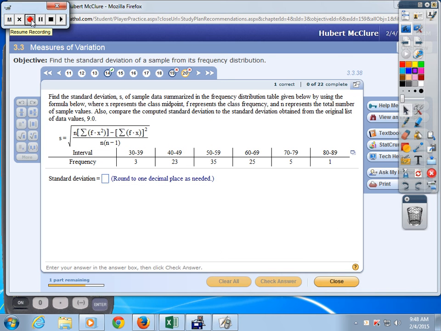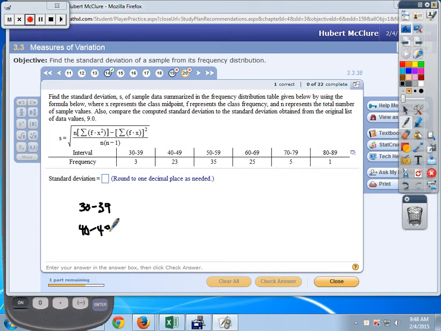And you would draw them vertically. And I don't like the way they do this, because then you have to teach the student vertically. So 30 to 39, 40 to 49, 50 to 59,